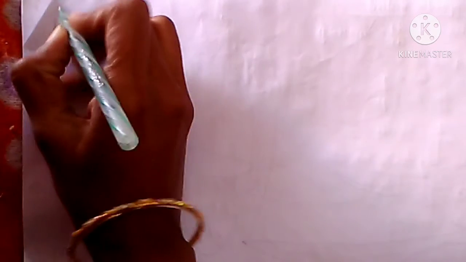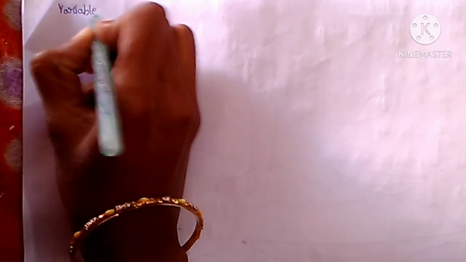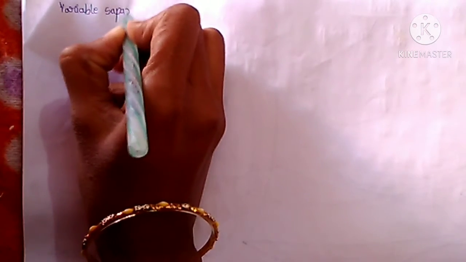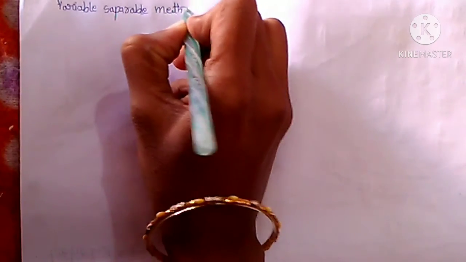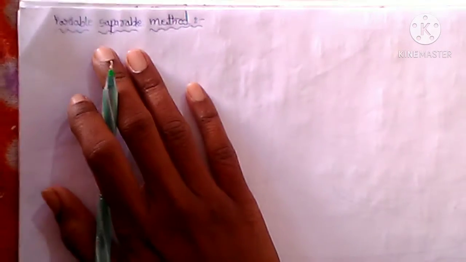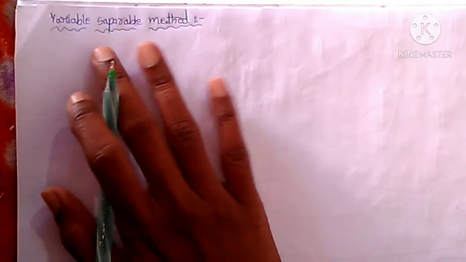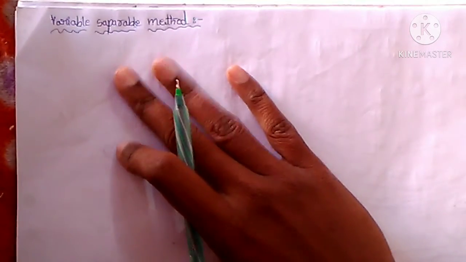In this lecture, I will explain what is the variable separable method. How to solve the given differential equations by using variable separable method means, in this you have to follow 3 steps. Okay, for example, if the given differential equation is